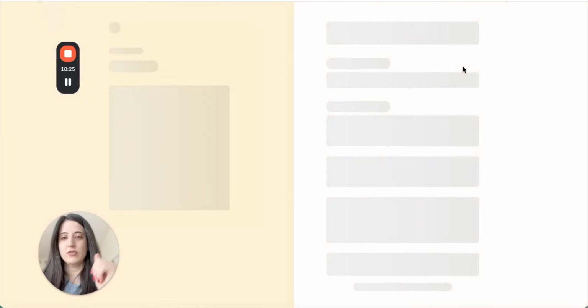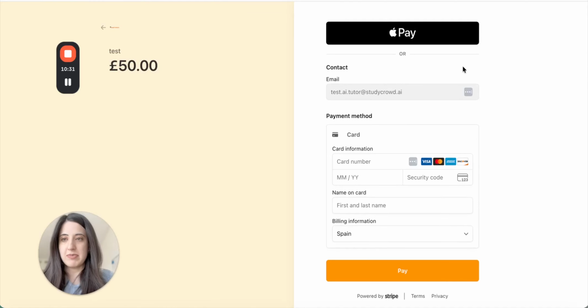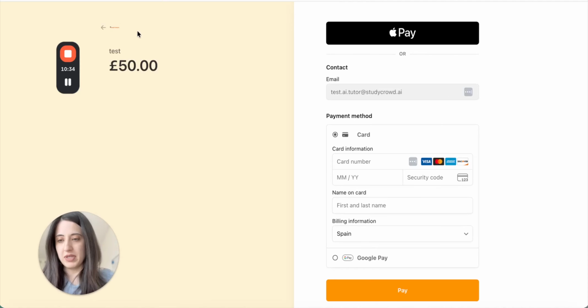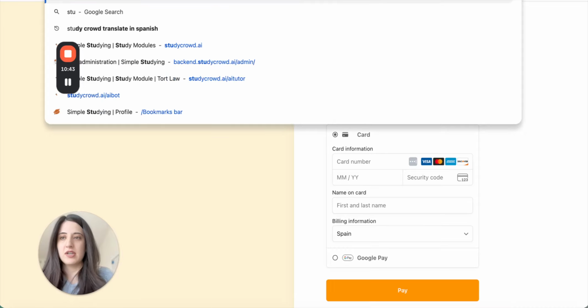And after that you will be taken to the payment page, and once the payment is made, the tutoring will be confirmed. But if the payment is not made, then tutoring will not be confirmed and it will be cancelled. Right, so next step that I highly recommend you to take would be to